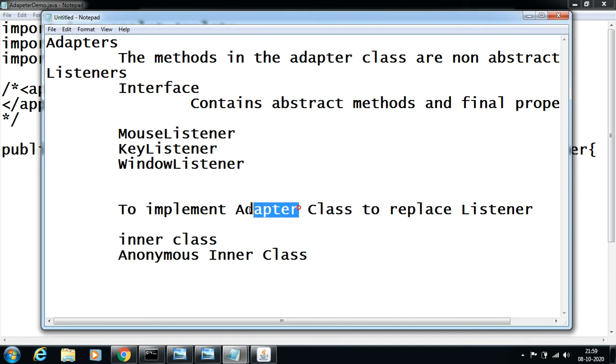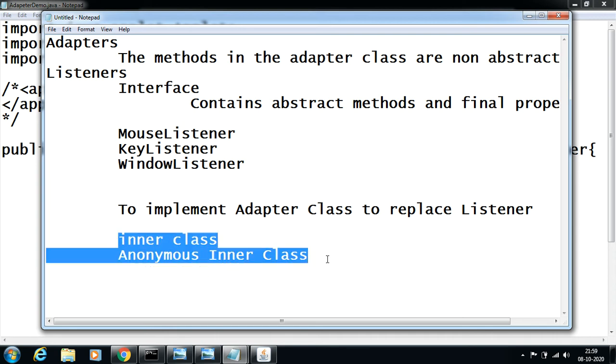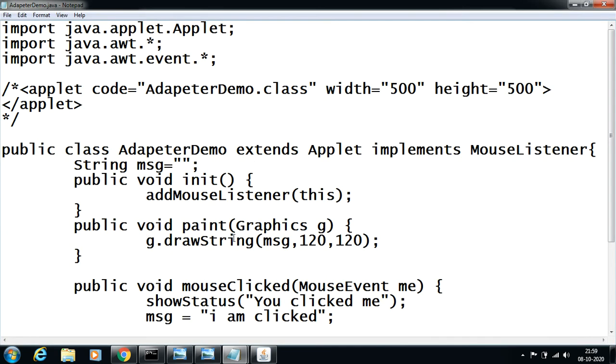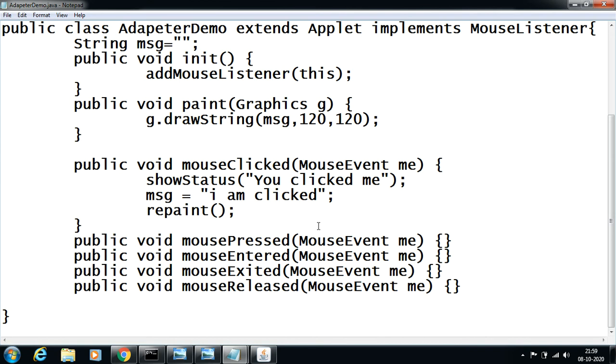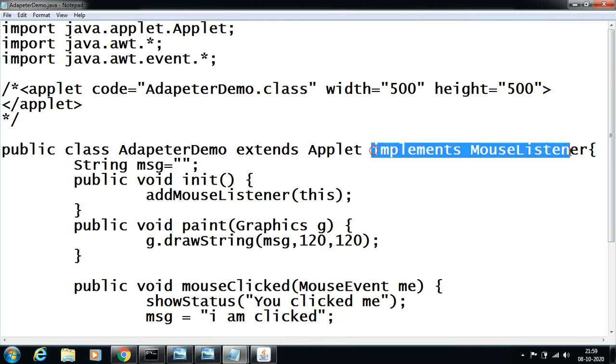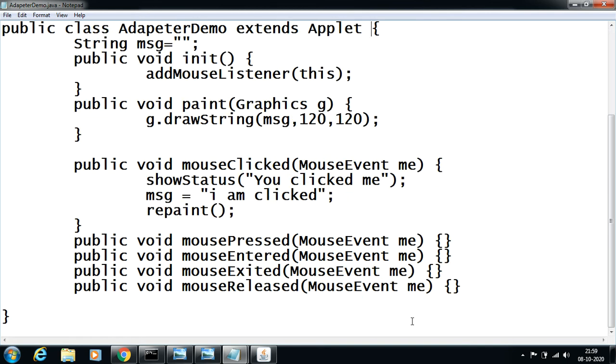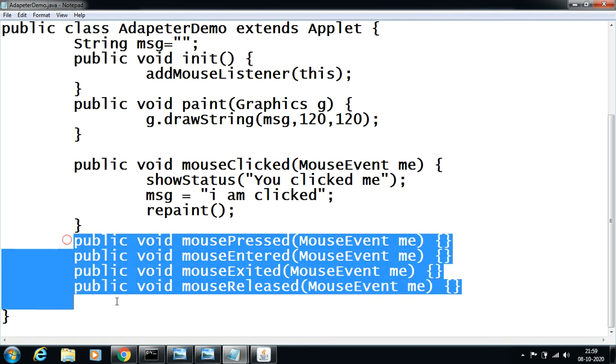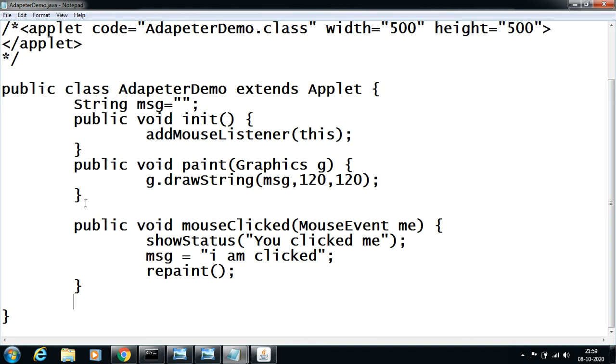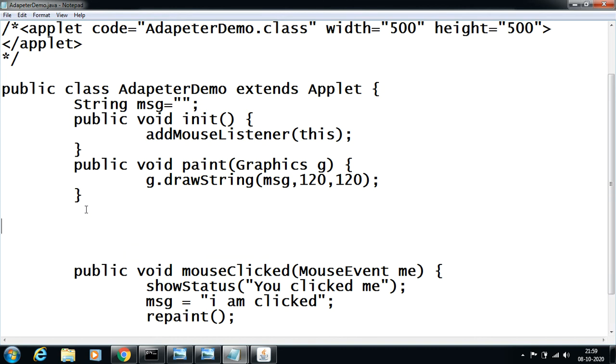which can be extended in the same class, or it can be created separately. How can we use the adapter class? It is simple. Inside this particular class, I just remove all this stuff. I don't require it now. Directly I can say here itself, class MA. My intention of MA is MouseAdapter. So, extends